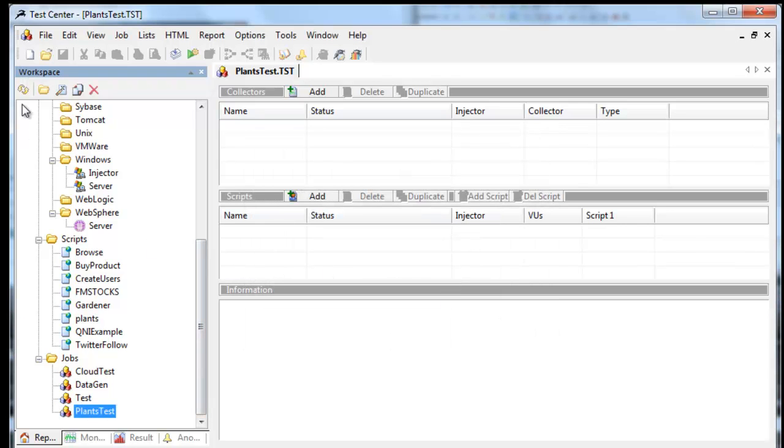If for example your script doesn't appear, you have the option here to click the refresh button. Sometimes you might have a situation where Test Center has already been open and you've created a script and it doesn't appear there. Clicking the refresh button will show that. So all we need to do is drag and drop the script that we want into our job,